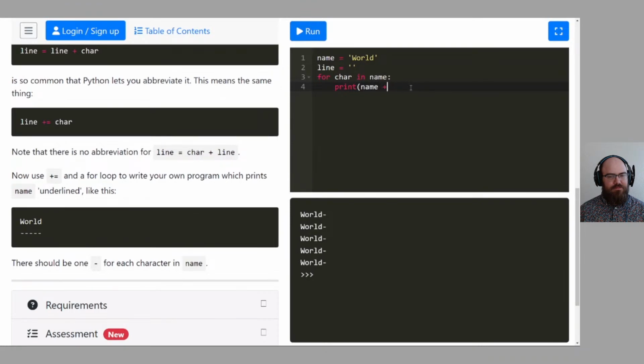Just going to keep looping it down. So how do I tell it? Because I sort of just want to get rid of this whole loop and just have it print world and then dashes below. But the way it's phrased, it makes it sound like I have to do it with the loop. Well, go ahead and delete the loop for now. But that's going to be cheating if I just do it the easy way. The grader is smart enough that it won't let you pass the easy way.